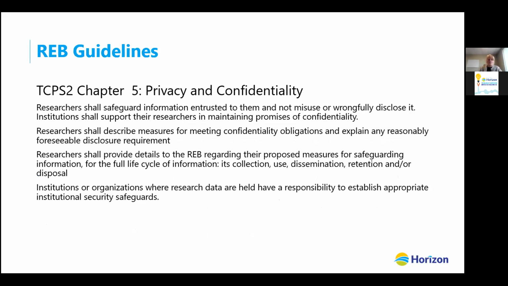So what does the Research Ethics Board perspective look like? What are the guidelines governing personal health information use for REBs? So I put TCPS2, which is a Tri-Council policy statement, and this is from Chapter 5. So the Tri-Council policy statement is the ethical guidelines and standards in Canada that REBs need to follow in order to ensure that research is being conducted ethically.